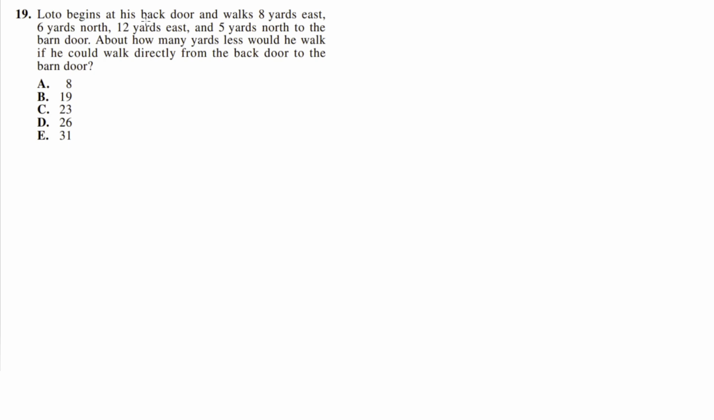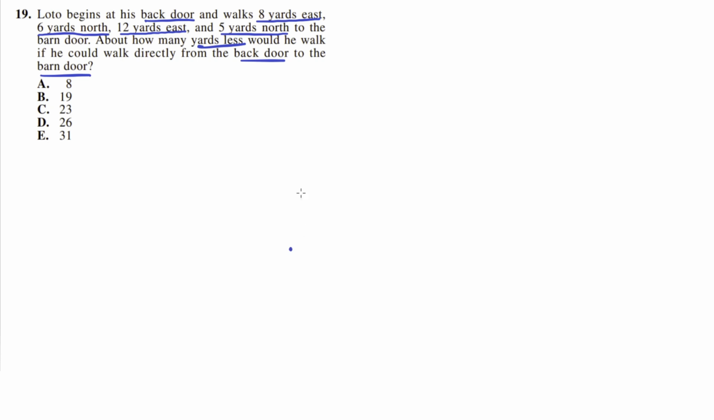Lotto begins at his back door and walks 8 yards east, 6 yards north, 12 yards east, and 5 yards north to the barn door. But how many yards less would he walk if he could walk directly from the back door to the barn door? So let's say Lotto starts